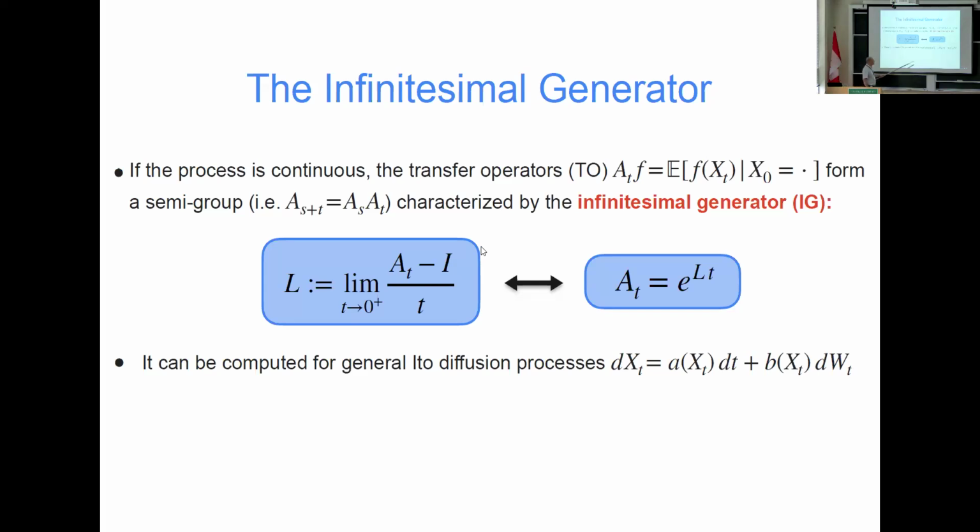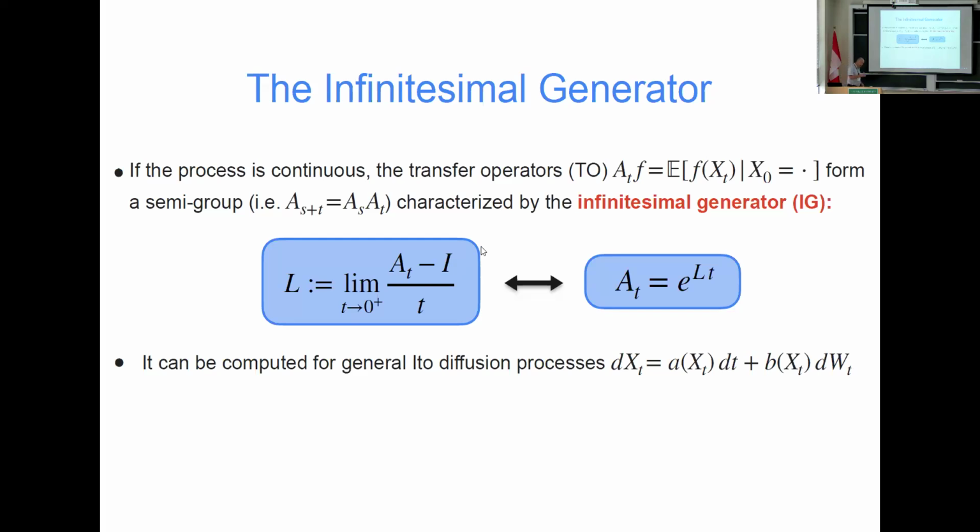And so the infinitesimal generator is linked to the transfer operator at time step t by these equations. Since we are interested in finding the eigenfunctions of the process, the two operators have the same eigenfunctions. So what we have done in this more recent work, we have designed algorithms, estimators, which